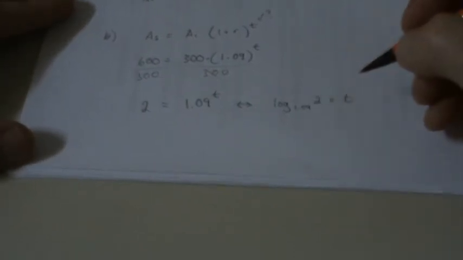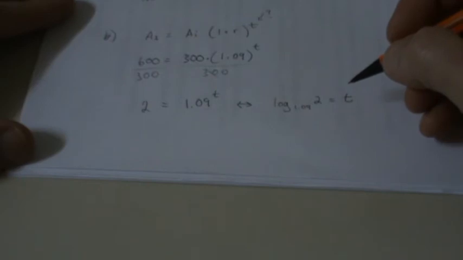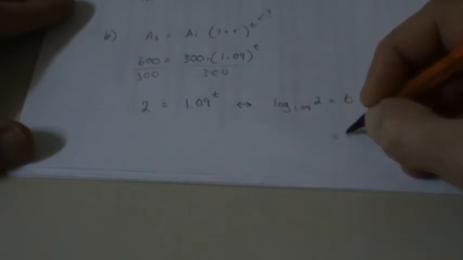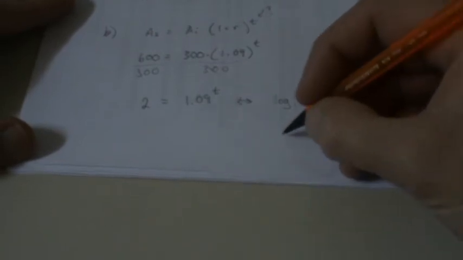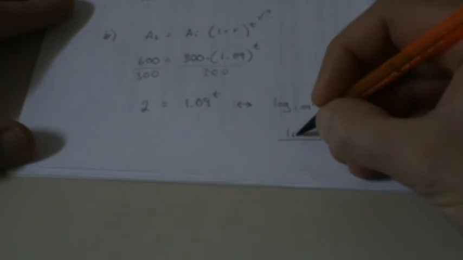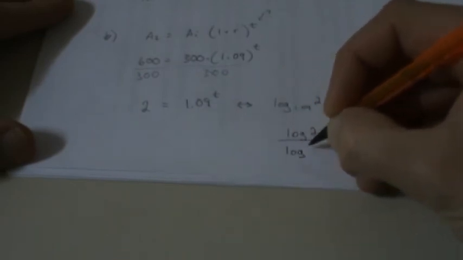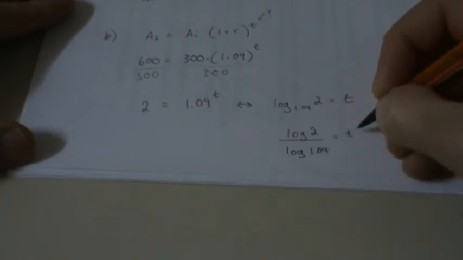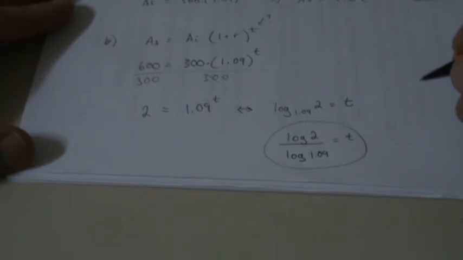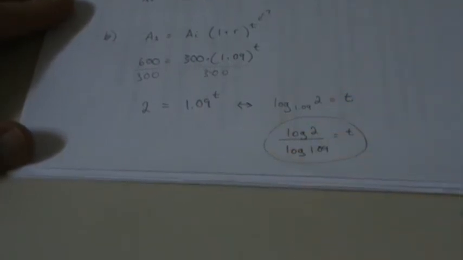But this we can't really figure out. We can estimate it, but it'll be a poor estimation. So now we actually will use the change of base formula and write log of argument 2 over log of argument 1.09, and then bang, we use the change of base formula. So the time involved here is